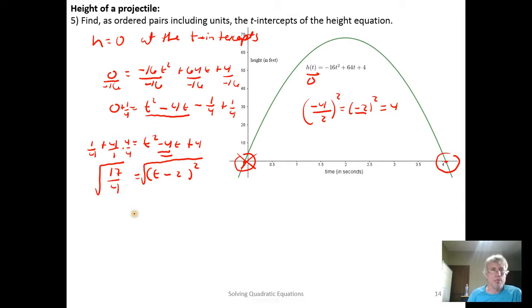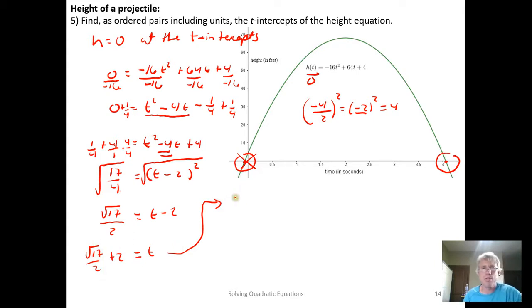We take the square root of both sides. The square root cancels the squaring. We get t minus 2 equaling the square root of 17, which I don't know, over the square root of 4, which is 2. And now I can add 2 to both sides to get the t by itself. So square root of 17 over 2 plus 2. And I worked this out ahead of time. I did square root of 17 divided by 2 plus 2, and I got t equal to